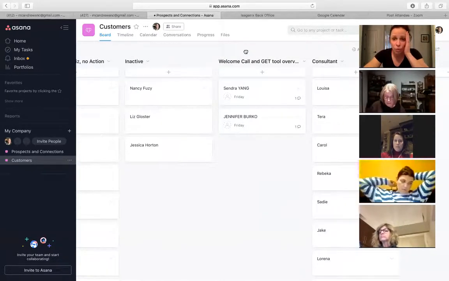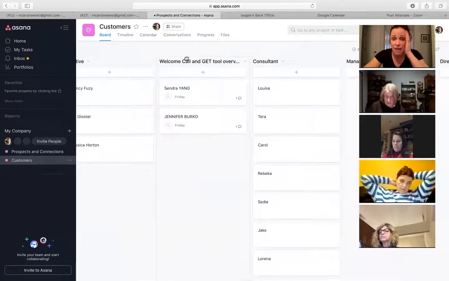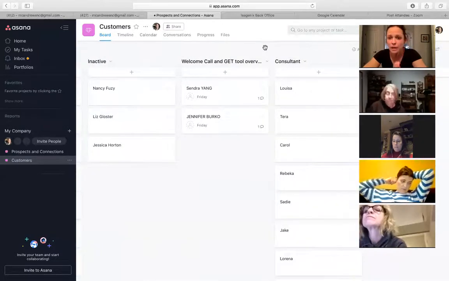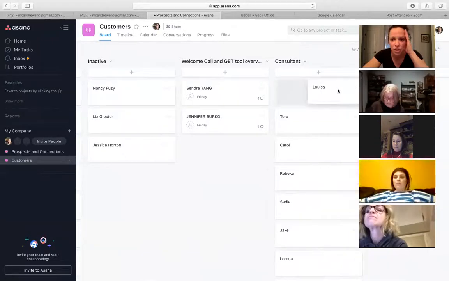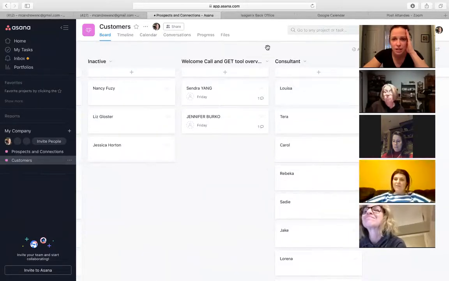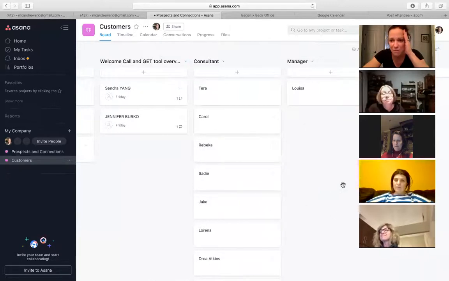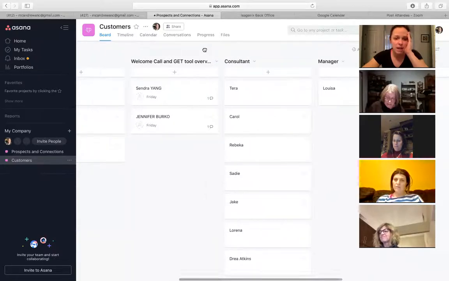Now, if you want to get really OCD, you can start mapping out your team, right? You can put in columns for consultants, managers, directors, executives, and you can start thinking about who do I need to move, and Louisa gets to move to manager. Hang on a second. Move you over here, Louisa. I've just started filling this out, but how fun is this? Then you can watch your team shift from one step to the next. You can create a manager thread, a messenger thread to coach your team, a director thread, that kind of thing.